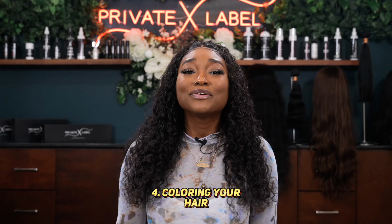Now, let's get to the fun part. Step number 4, coloring your hair using semi-permanent hair color. It is super duper easy because it is only a 1-step process. We love that. No developer, no mixing, no foil, no fuss. Just grab a pair of